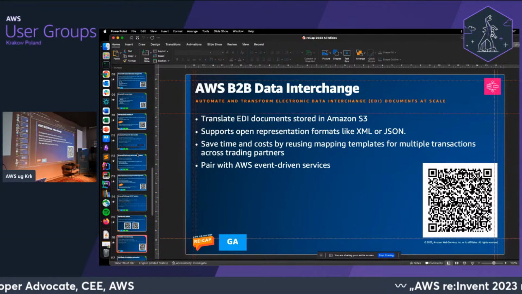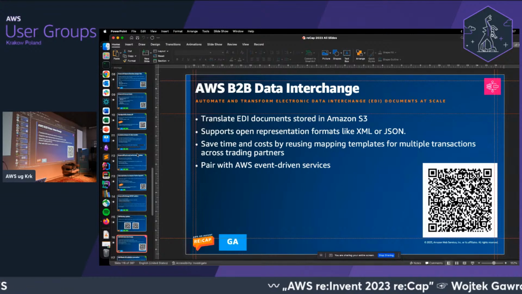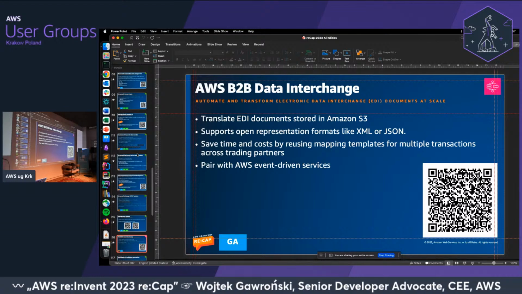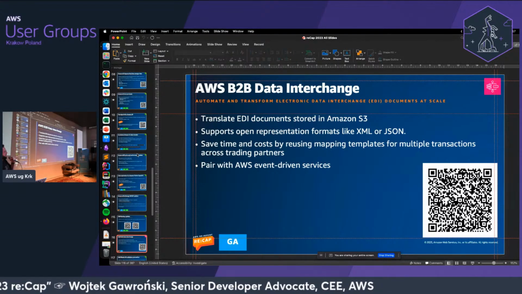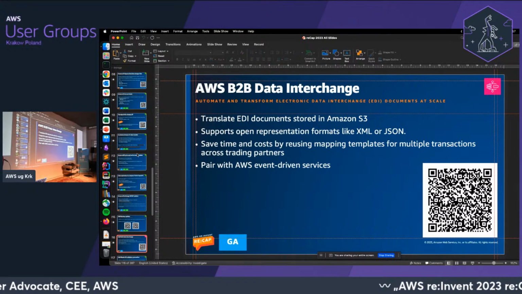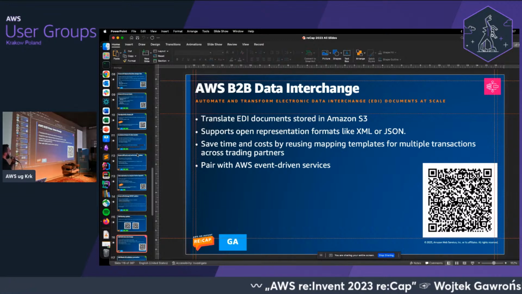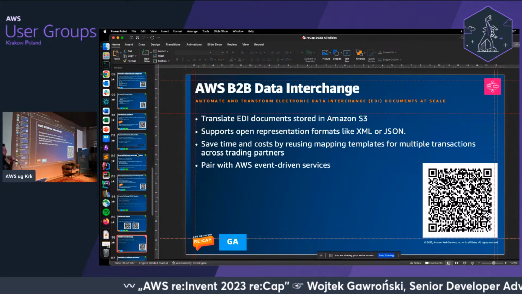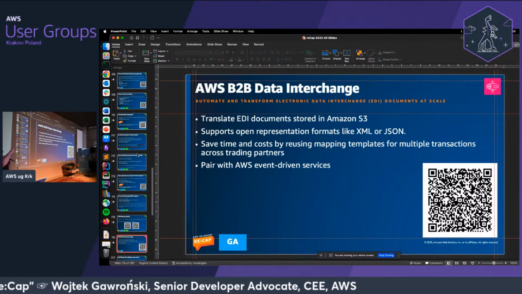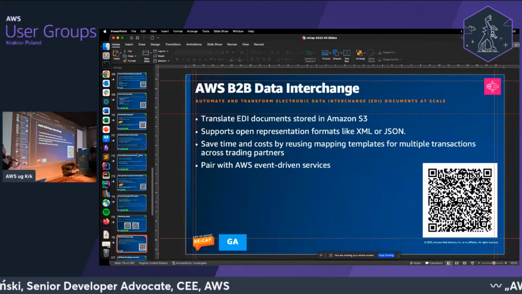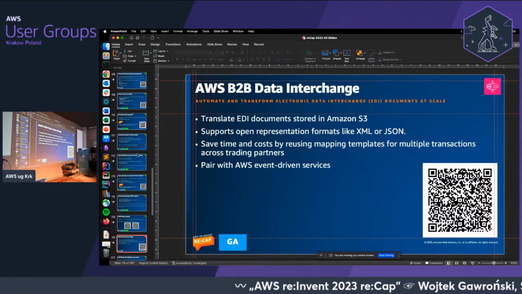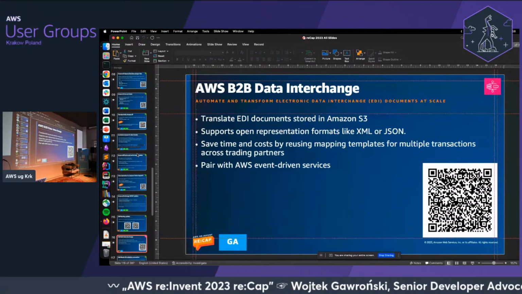And in terms of storage, but not exactly storage, there was one additional service announced that allows you to automate and transform automatically the electronic data interchange between, for example, B2B companies that are exchanging data in certain formats. At the moment, it supports XML and JSON, but I can imagine that this will be pretty quickly expanded to other formats, and it allows you to build a catalog of available EDI formats that will be available in the organization, and then integrate and pair with other partners to actually exchange the data in a controlled way.